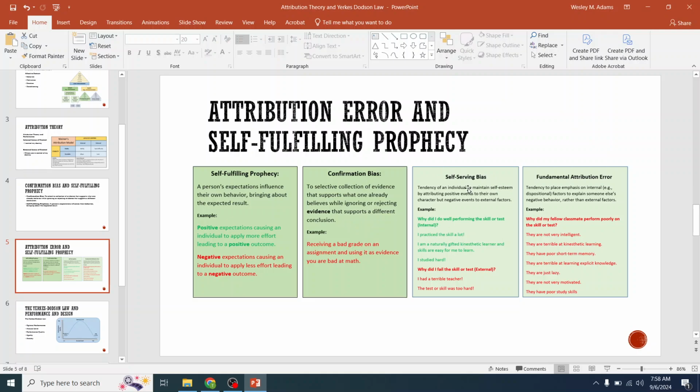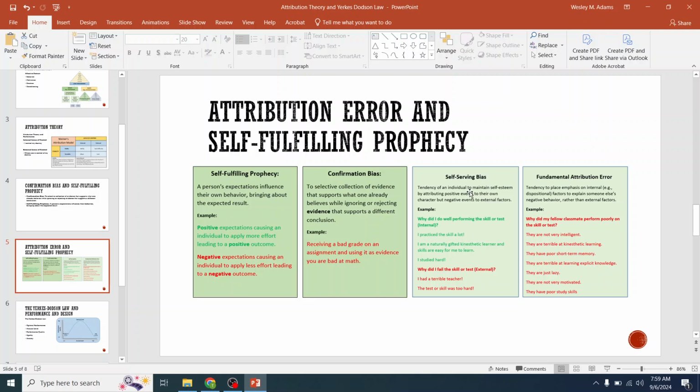Let's look at self-serving bias real quick. You've got to be careful on this because it can lead you down the wrong path. Meaning that if I do well at something, I tend to go internal when I'm making evaluations of myself. When I analyze my own progress and make evaluations of something that I've done and I succeed, I tend to go internal. I tend to say, well, I have a natural ability for that subject or skill, or I put forth a lot of effort, or both.